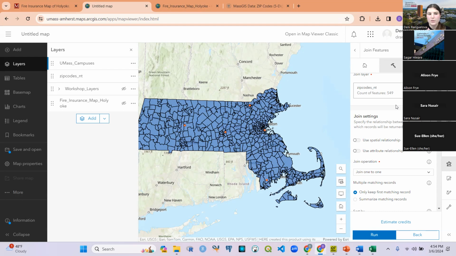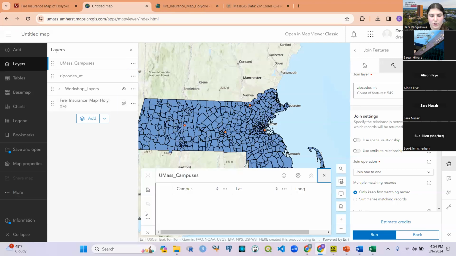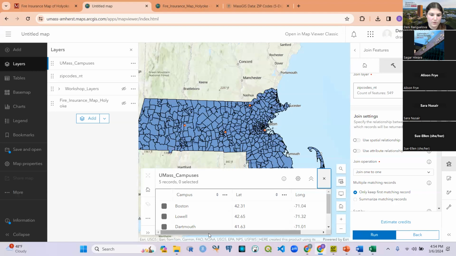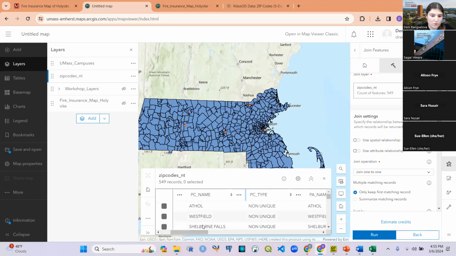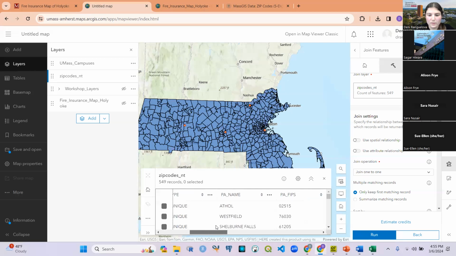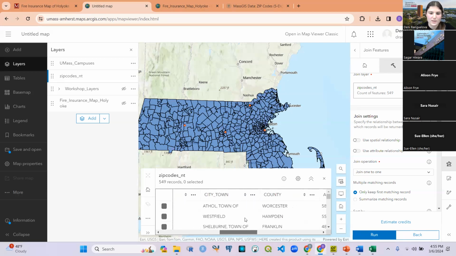So let's say that within my UMass campuses, let's open up the attribute table. I'll actually show you guys. Right now, my 3 fields are the campus name, latitude, and longitude. That's all that I have in here because this is just a data set that I created on the fly. From public data, you will see a lot more detail, especially when you're getting it from a reputable source like the MassGIS website. So there's the postcode, postcode name or a town name, I'm assuming,